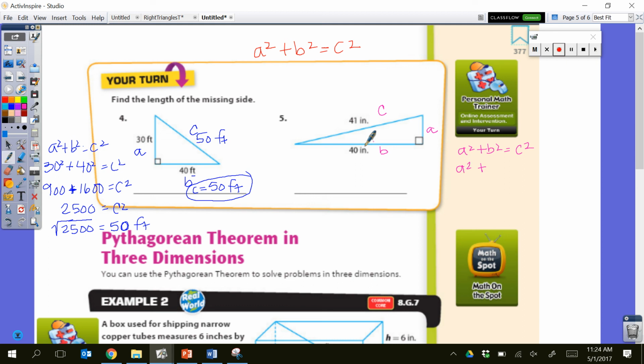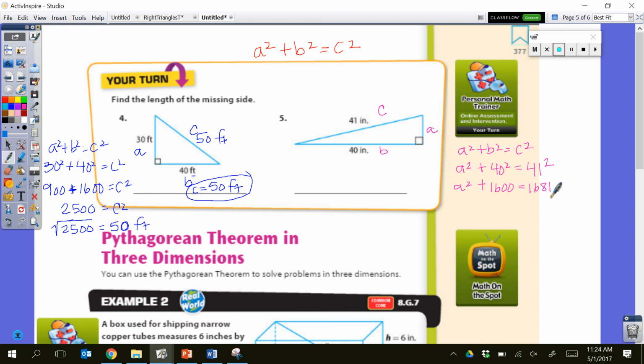And I'll plug in B, which is 40 squared, and then plug in C, which is 41 squared. So A squared remains unknown. I'm going to square 40. 40 times 40 is 1600 equals 41 squared, which is